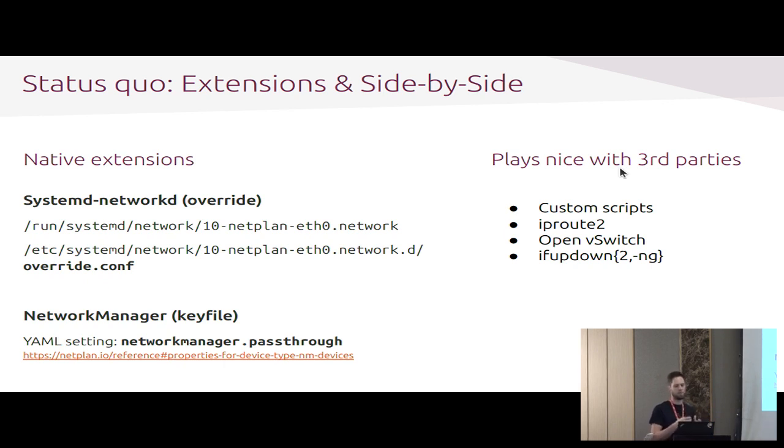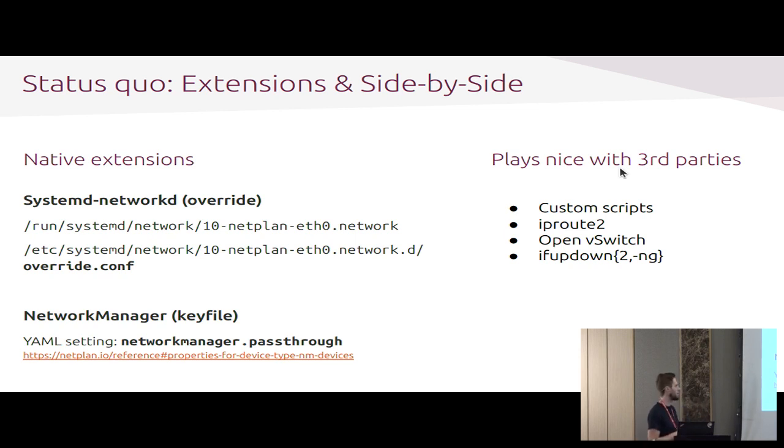And then maybe you need some specific feature that's very newly implemented in systemd-networkd, or for some other reason is not yet supported in Netplan. Then you could place a file in /etc/systemd/network, create a directory of the same name as the network configuration file with a .d, which is like a config directory, and put a .conf file, like an override.conf file, into that directory. And in that networkd override.conf file, you can change or append any configuration that is available in systemd-networkd to your existing Netplan configuration.